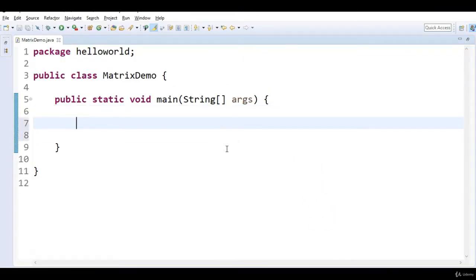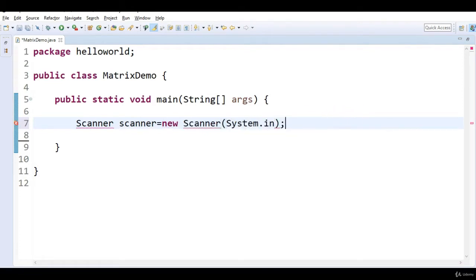So first, as we are trying to read the values using the keyboard or from the Eclipse console, we are going to create a Scanner object. Scanner scanner equal to new Scanner of System.in.